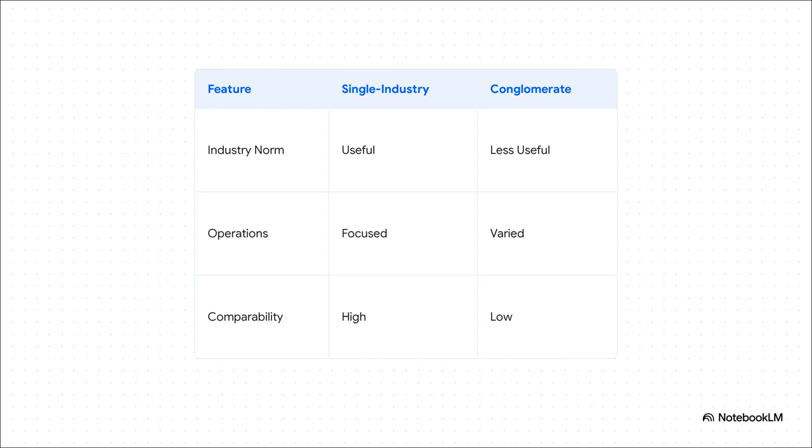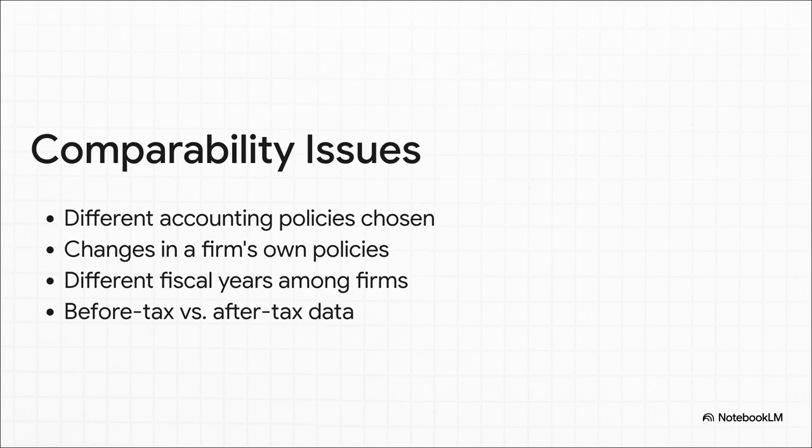You just can't compare them cleanly. Why? Because of major size differentials, varying costs of capital, completely different economies of scale, and the sheer width of their markets. Generalizations that apply perfectly to one industry simply don't map neatly onto a massive conglomerate. And get this, even if you're comparing two firms in the exact same industry, you still face 4 major comparability